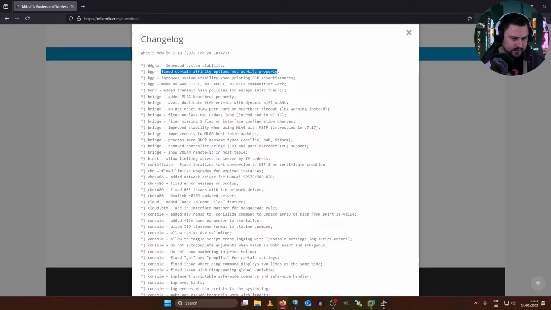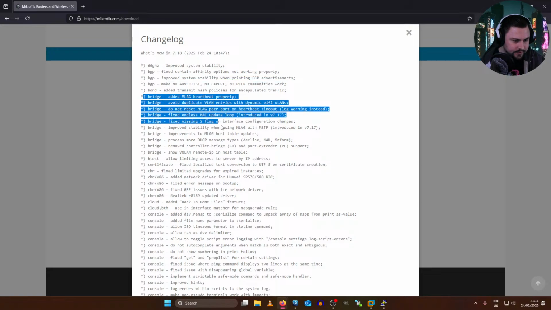BGP, certain affinity options not working properly. Interesting. I'm not sure what wasn't working properly. Improved system stability when printing BGP advertisements. So I'm not sure if that means BGP was crashing whenever you printed it. Make no advertise, no export, no peer communities work. Oh, that's interesting. I don't know what wasn't working.